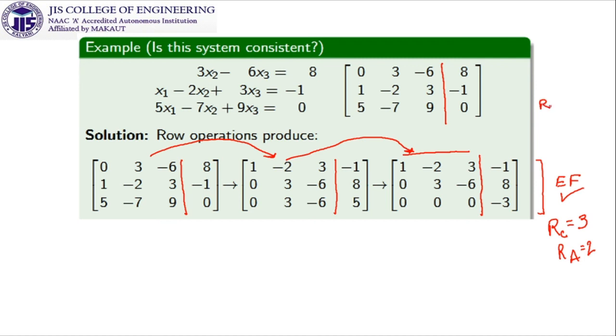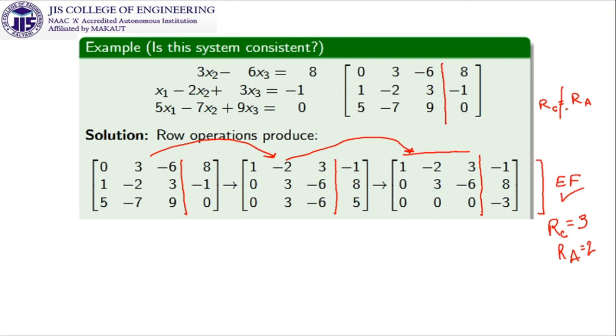So is it not very much clear to us that we are not achieving rank of C equal to rank of A, rather we are achieving rank of C not equal to rank of A, which indicates that the system is going to be inconsistent. So up to this, if we observe, it is very much clear that the system is inconsistent, and it is not possible for us to get any solution of this system.